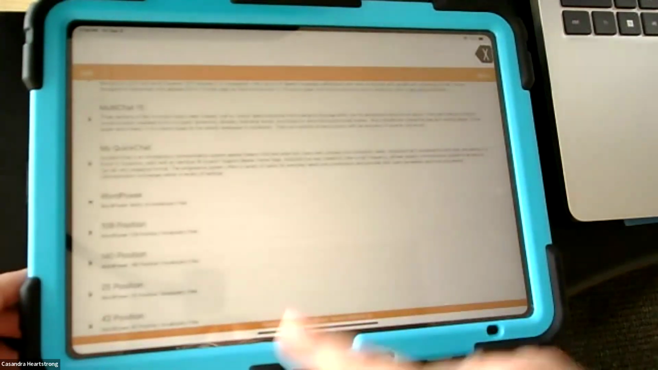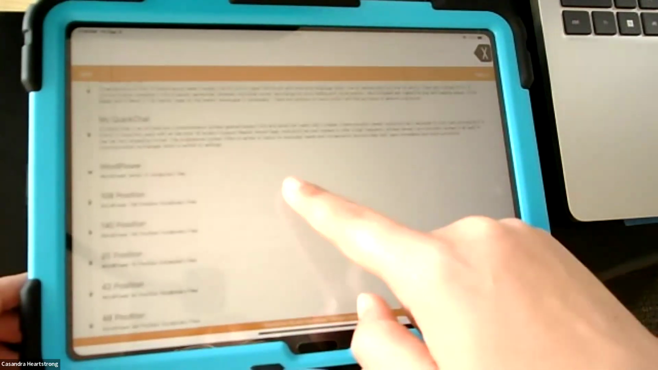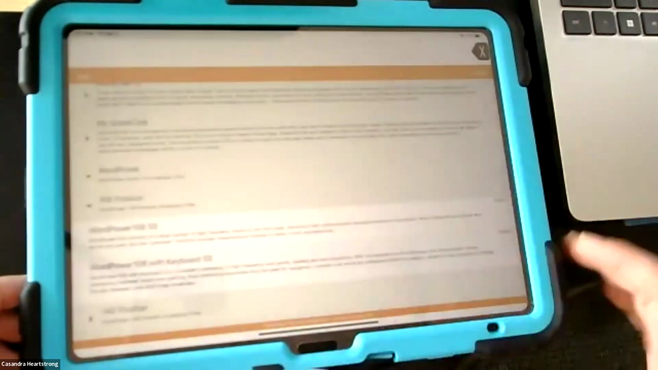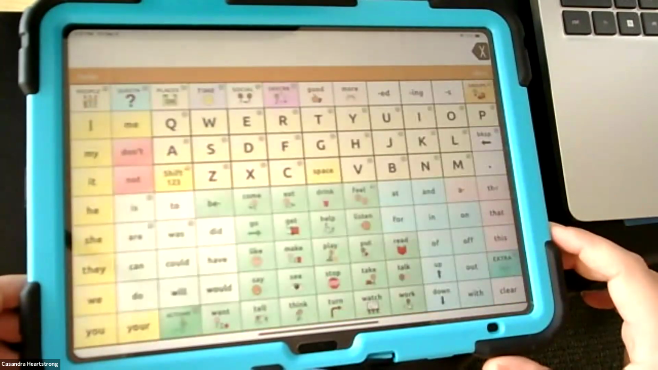So in word power, that was the 60 that we just looked at, but there's also a word power 108